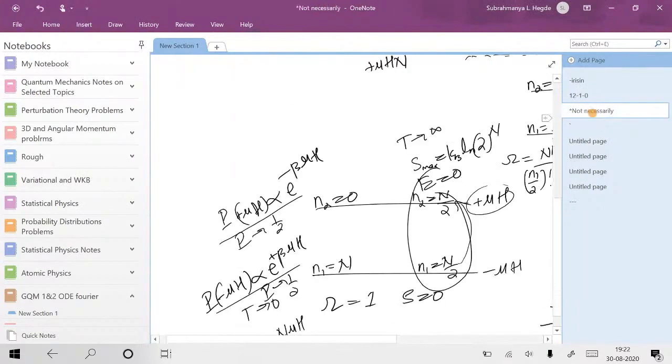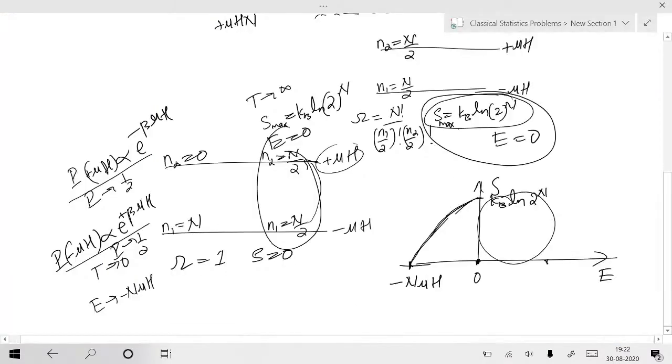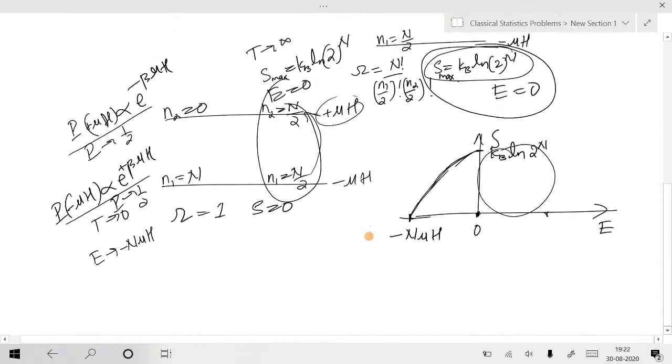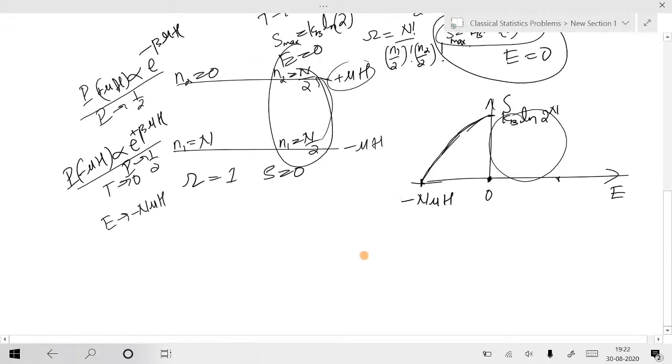Sir, why can't it be a constant graph? Because at thermal equilibrium, equal number of particles are in both states. So why can't it be a constant graph? Which one? Entropy graph? Yeah, entropy is a constant. Okay, that's correct. Again, suppose the whole system is at thermal equilibrium at some temperature T. Then you should model it like this.